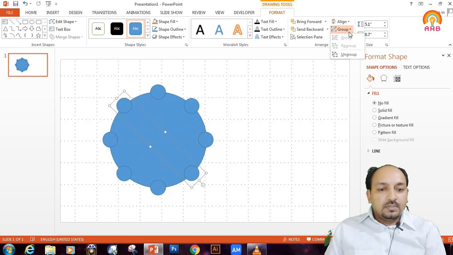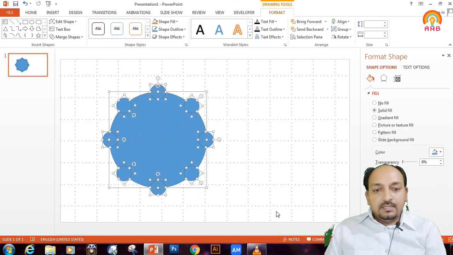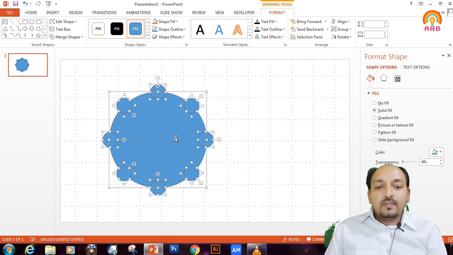Ungroup all groups first, and then select all the small circles as well as the large circle, as the large circle is below and all the smaller circles are above it.